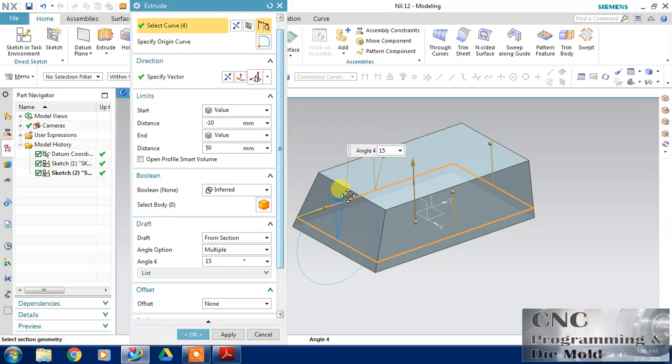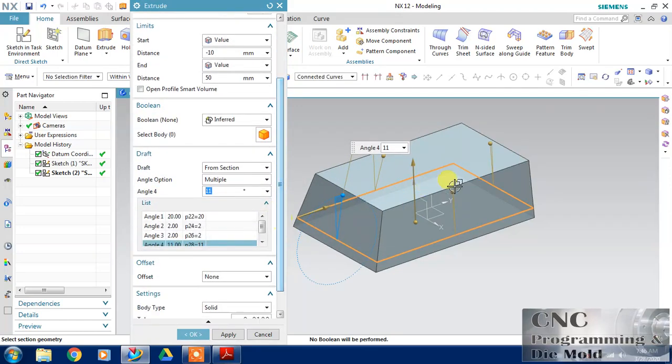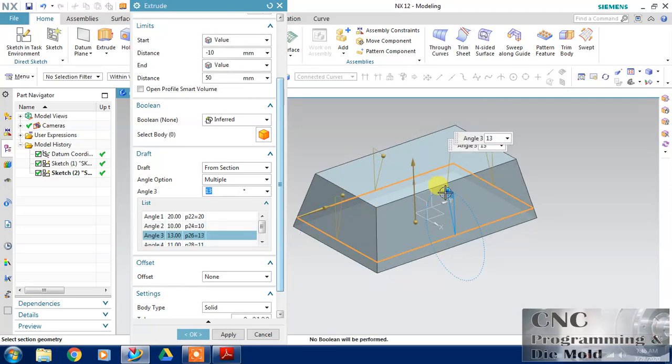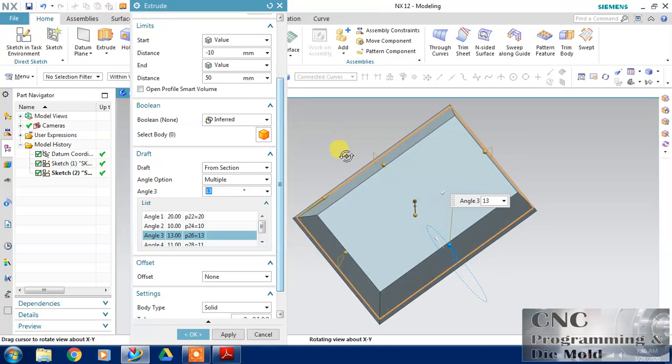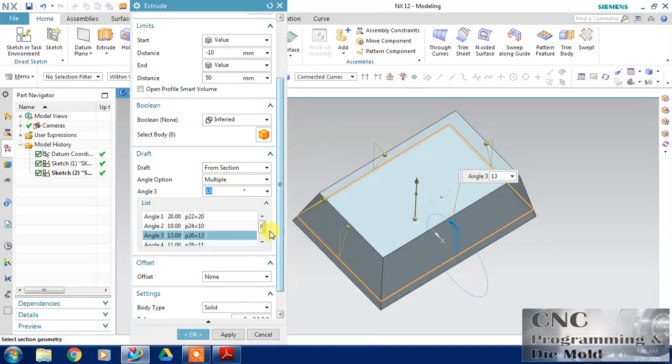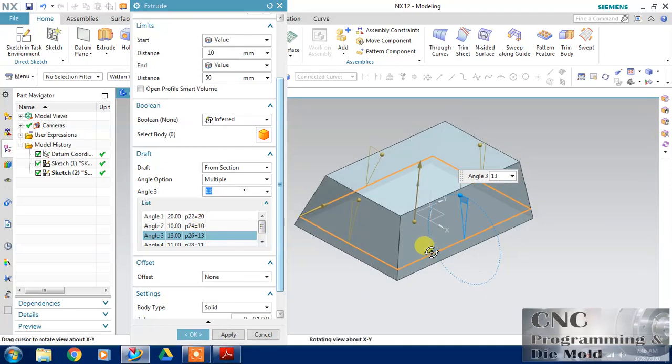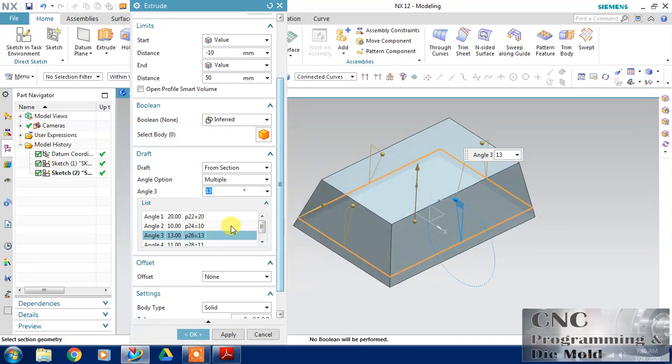Multiple, you can define multiple times. Meaning if you want to define the angle of draft differently in each direction or each plane of our section. I have typed first 10, 20, 10, 13 and 11. This time I specified all faces with different draft angles.